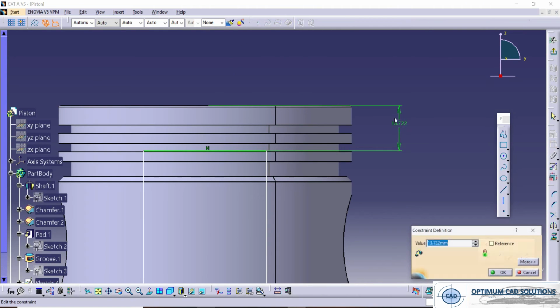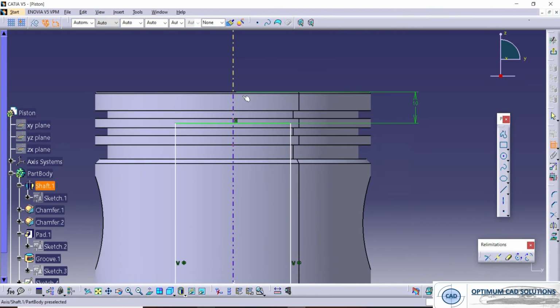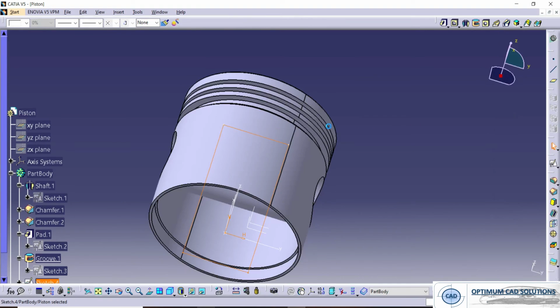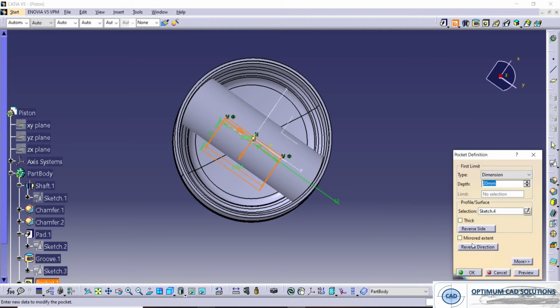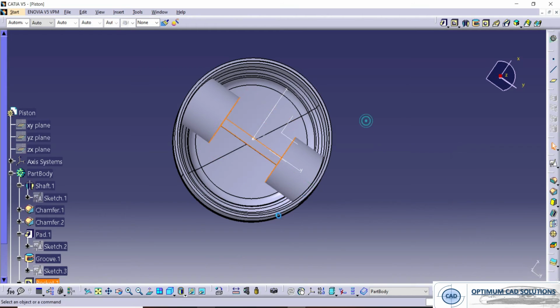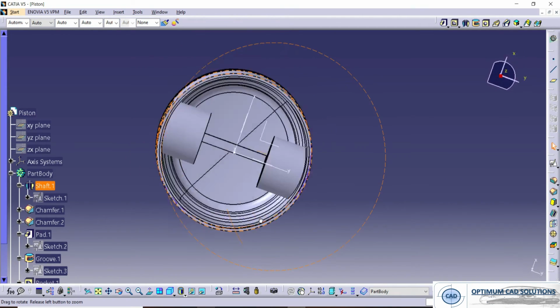So this is of a 10 mm and 39. So we'll use the pocket command. So mirror extend. So here the pocket gets completed.